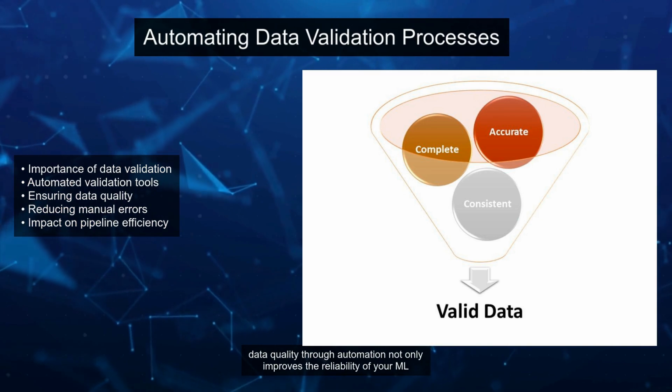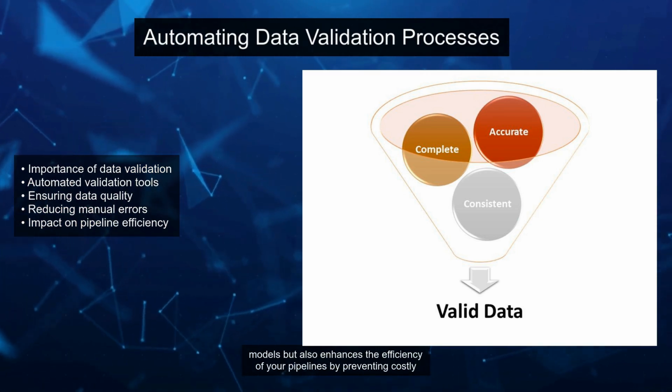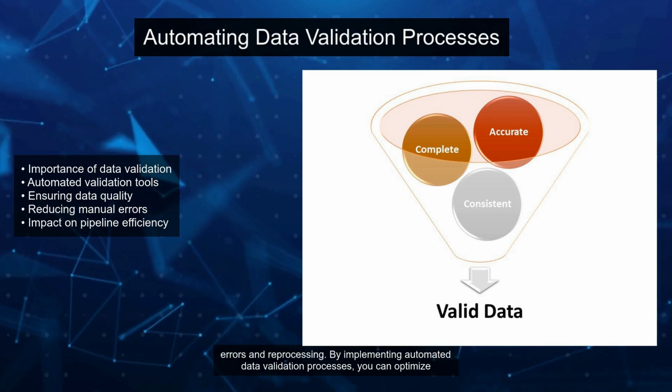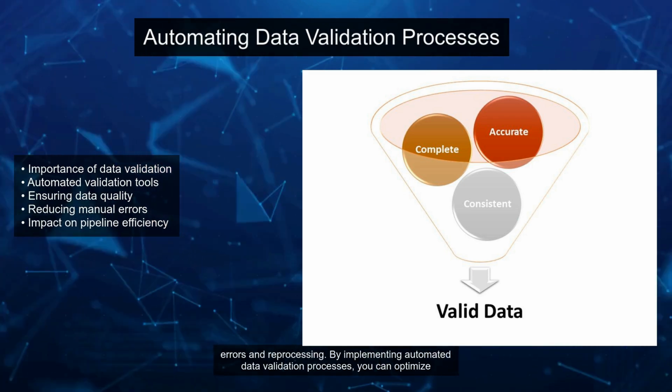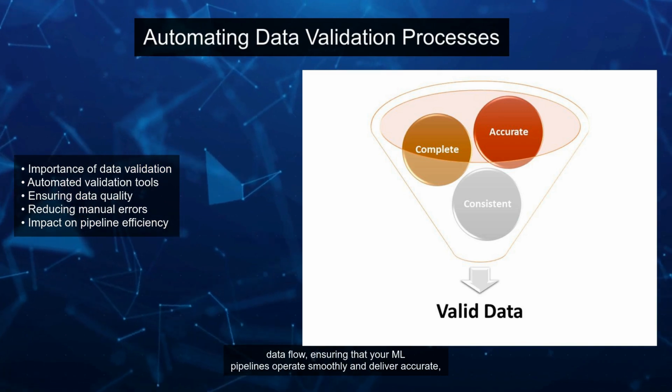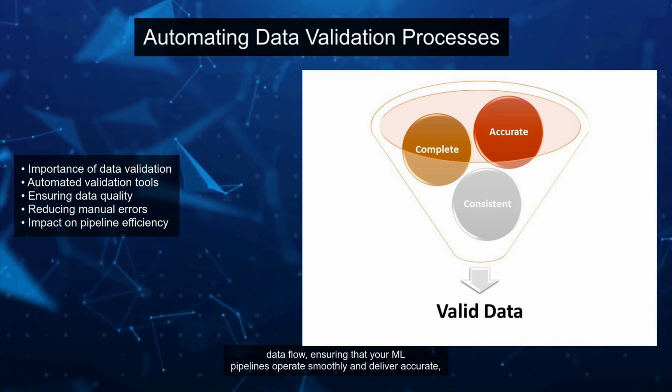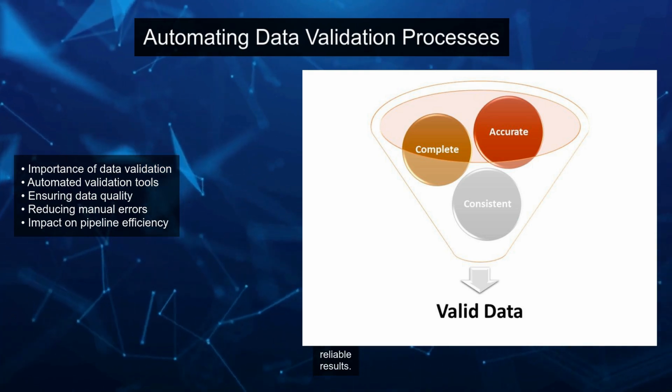Ensuring data quality through automation not only improves the reliability of your ML models but also enhances the efficiency of your pipelines by preventing costly errors and reprocessing. By implementing automated data validation processes, you can optimize data flow, ensuring that your ML pipelines operate smoothly and deliver